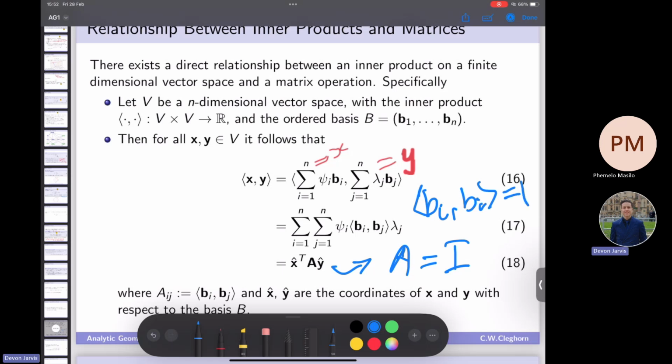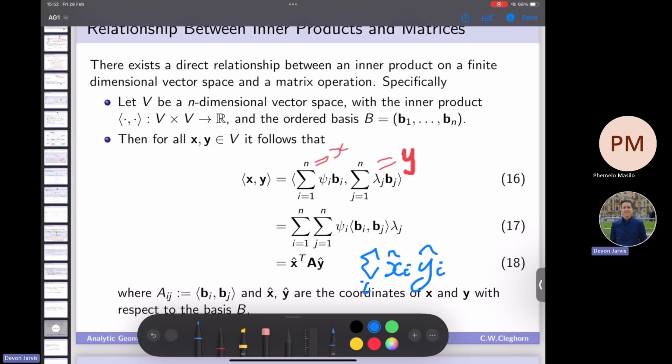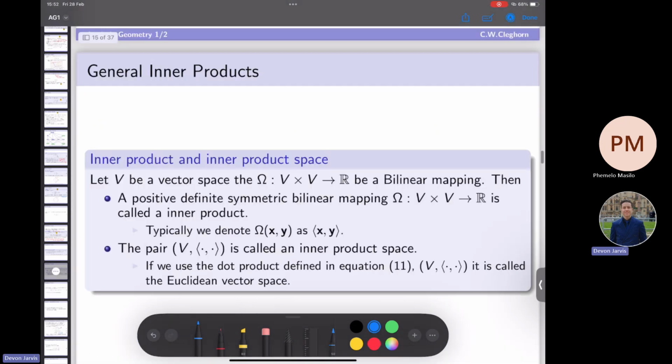Okay, i is the diagonal of this matrix, and then 0 otherwise. What that then ends up being, if you continue this line of reasoning, is just this equation here. You sum up over all your indices, x_i, y_i of your coordinates. And you end up getting back to